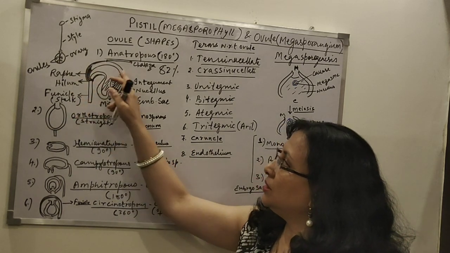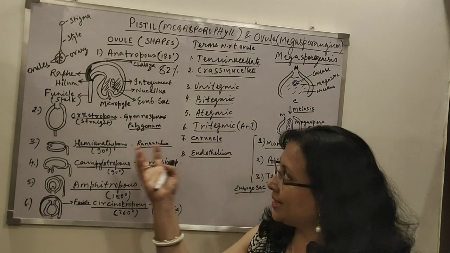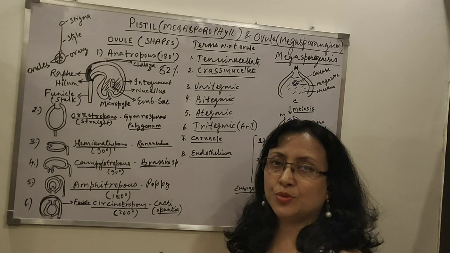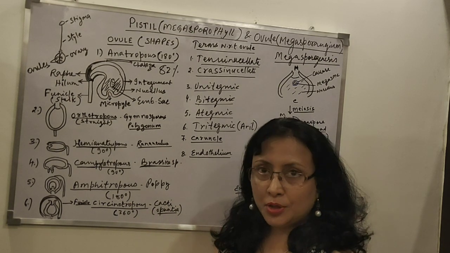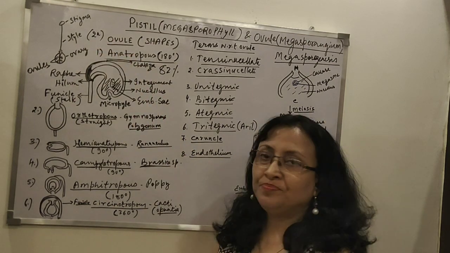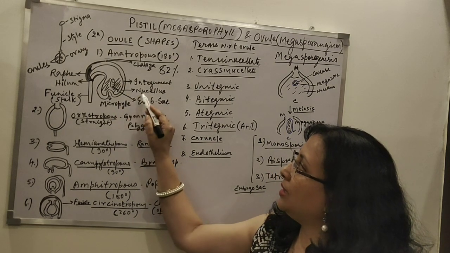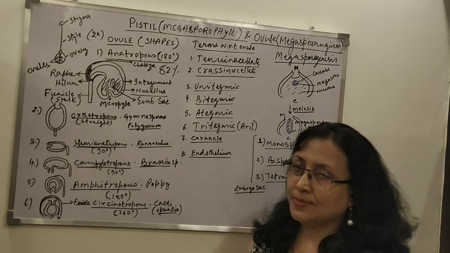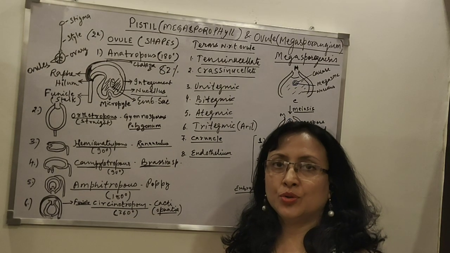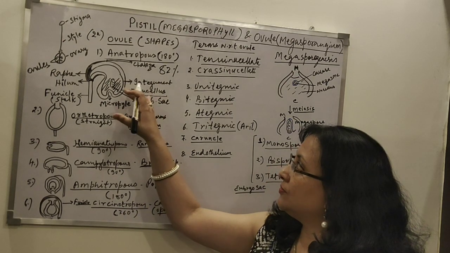Okay, so what does this ovule basically have inside? As you know, the ovule is the megasporangium, so it is part of the sporophytic generation, and it is diploid. The entire ovule, pistil, etc., are all diploid. Now this ovule inside will have a tissue called nucellus. Nucellus is a tissue which is sporogenous and nutritive in function. So what is the function of nucellus?